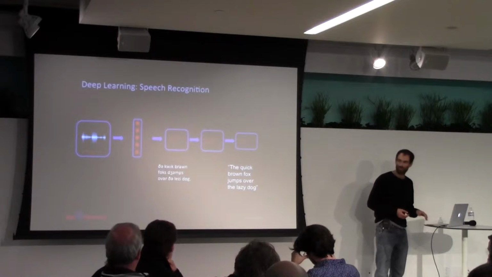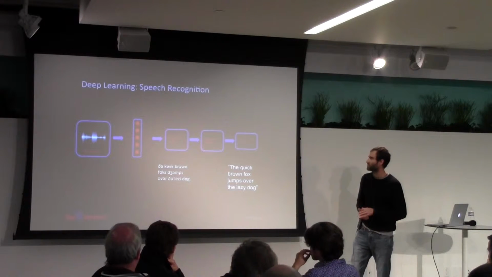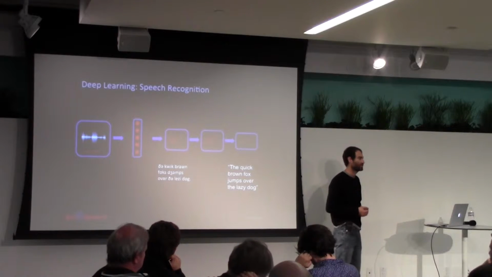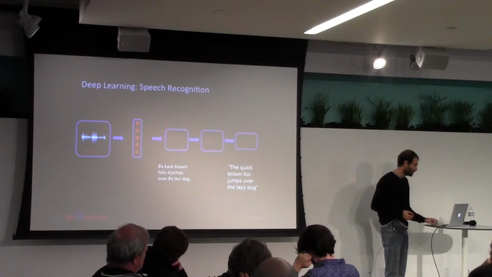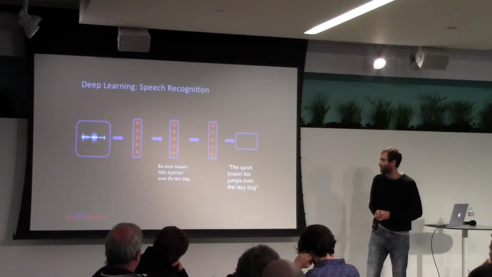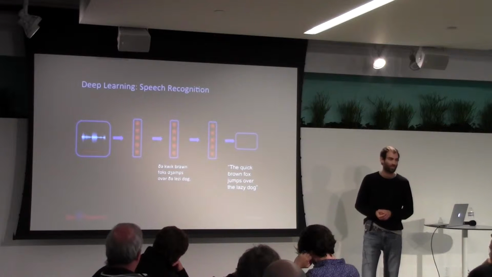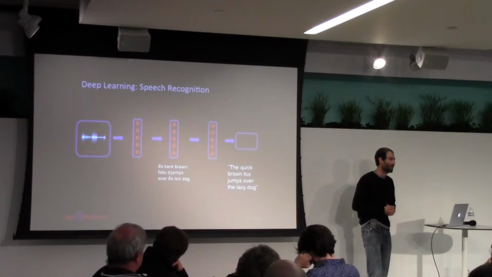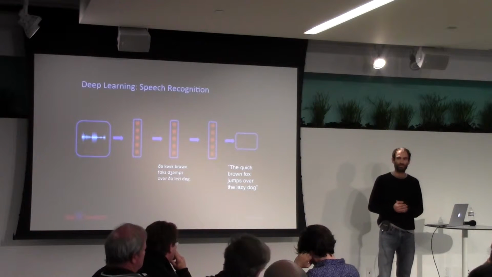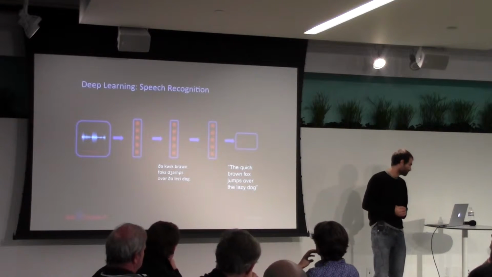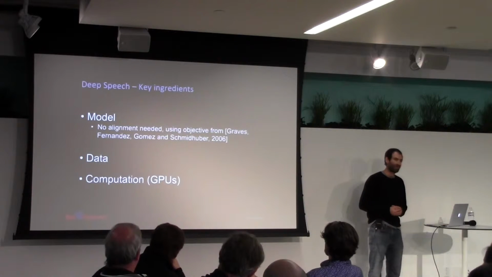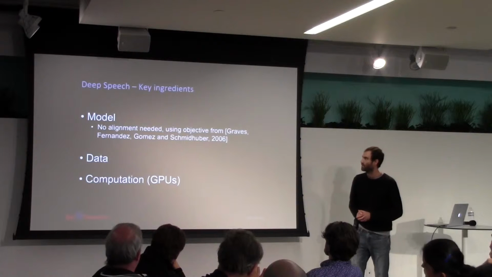So I just showed you this picture. This is what the current speech recognition pipeline looks like, where we have our deep learning model as an acoustic model. What we'd like to do is replace the entire thing with deep learning. And so Deep Speech, which is the system that we've been building here at Baidu, is a step in this direction. We haven't completely achieved this, but we've taken a big step in this direction. So I'll talk about how Deep Speech works now.